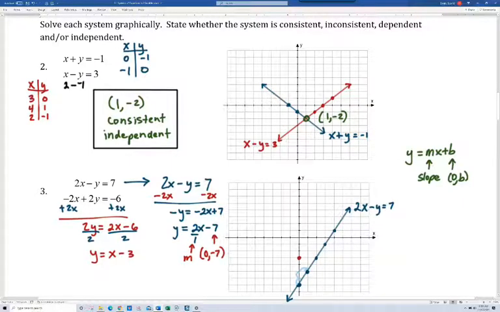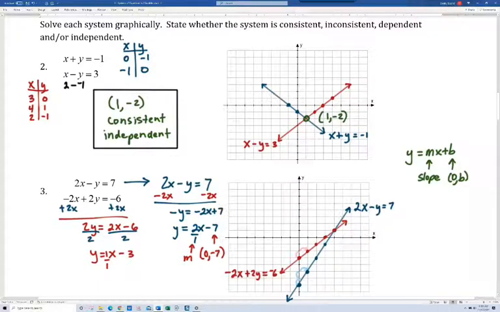And our slope here is 1, which notice I'm writing as 1 over 1 because I need to have a rise and a run. So I'm going to go up 1 and right 1, and that gets me here. And I'll do that a few more times. Up 1, right 1, up 1, right 1. And you can see